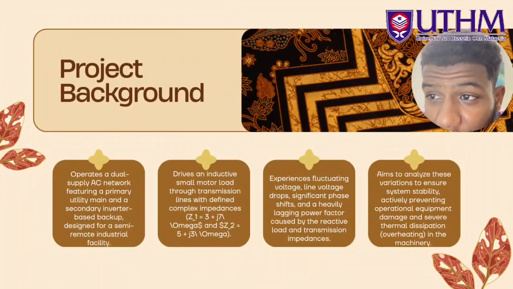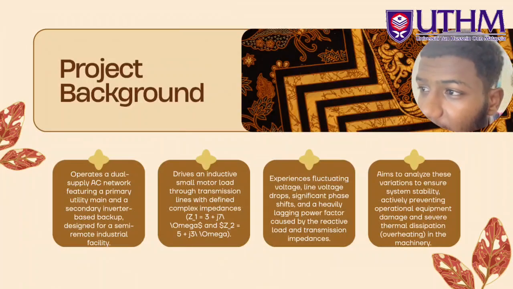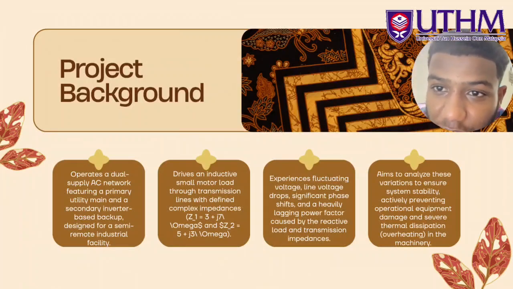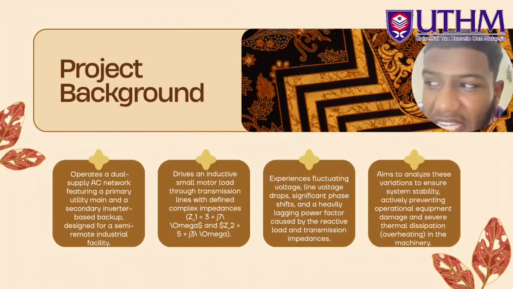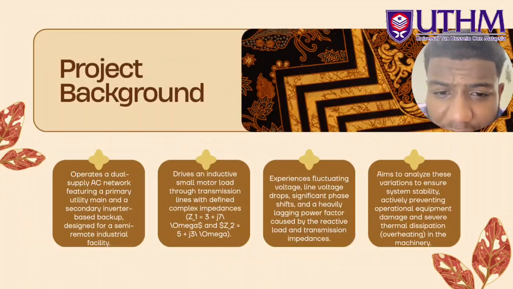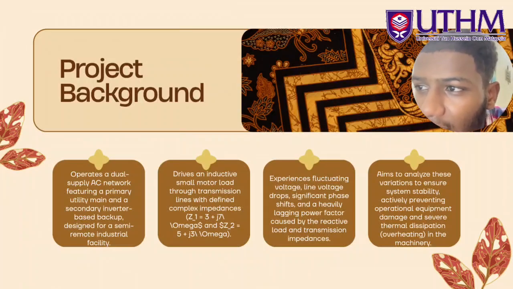This project focuses on a semi-remote industrial facility that operates using a dual supply AC network. The system consists of the primary utility power source and a secondary inverter-based backup supplier to ensure continuous operation. The facility drives a small induction motor load through a transmission line with a specific impedance. The line impedance is Z1 equal to 3 plus j7 ohms, while the load impedance is Z2 equal to 5